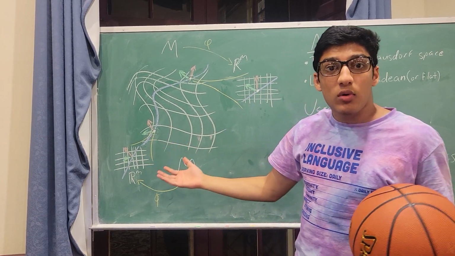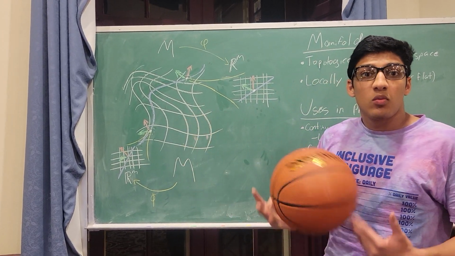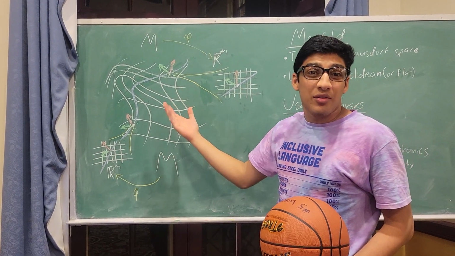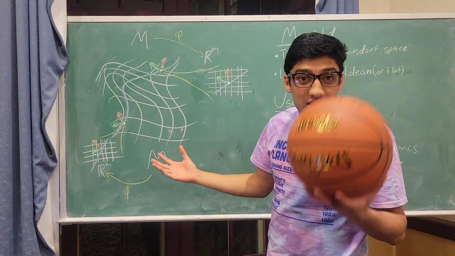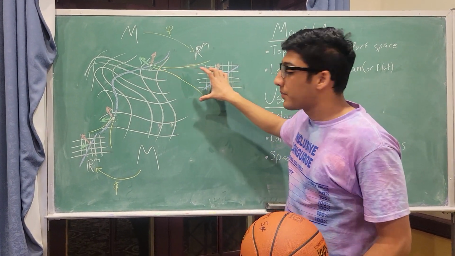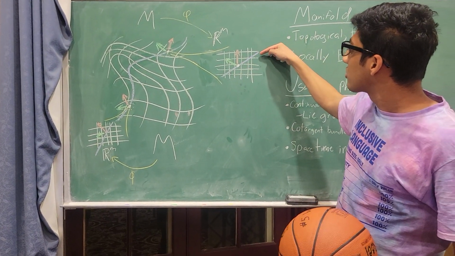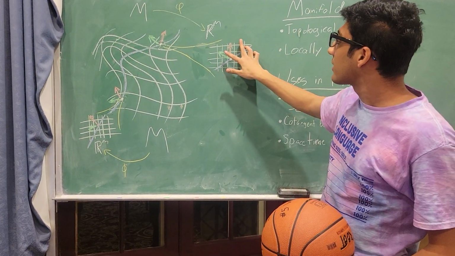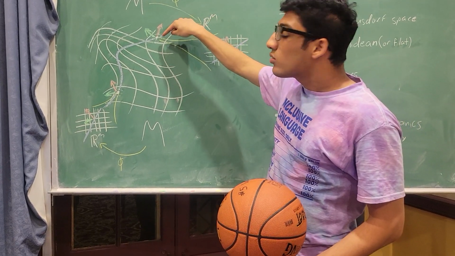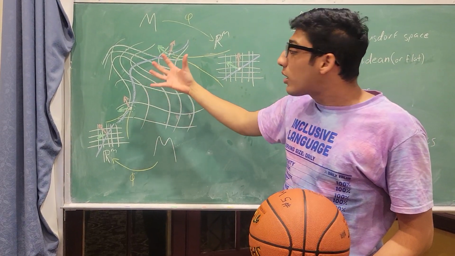But how do you study this m-dimensional space? Well, if you're just an ant on the space, you got to do the same thing as this ant did. You got to zoom in. And when you zoom in, it's locally flat. You can see how this curve looks like this, and these vectors look like this. Now, the way you would study the mathematical properties of this